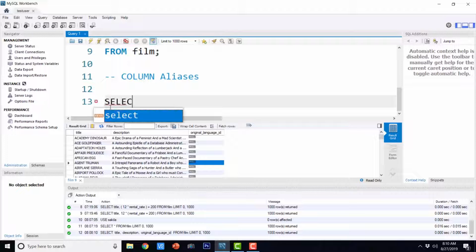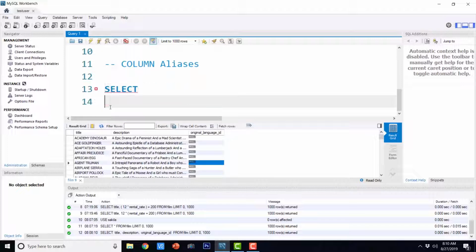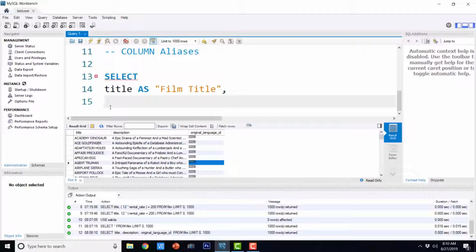Select title as film title. Suppose I want to show the data in the title column under the heading film title, then I can just say title as film title. There is another way of doing that also.